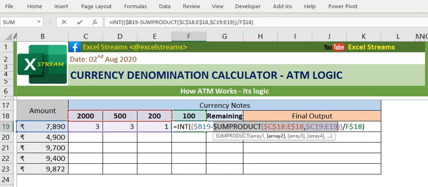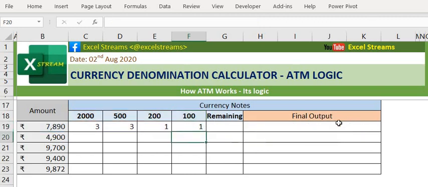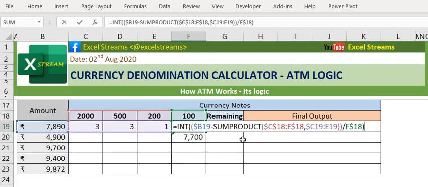For you, I will copy it over here to have a simpler understanding. You get 7,700. The result of this function is 7,700. So after that, 7,890 minus 7,700, you will get 190.